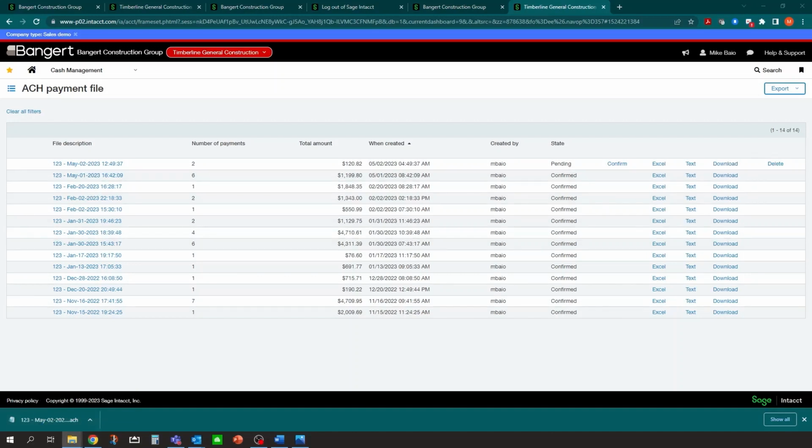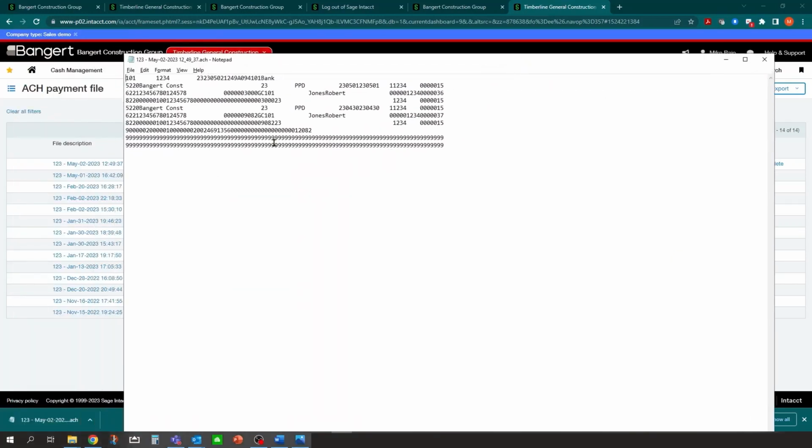Let's open it as a WordPad. And here's your ACH file, and it's all set up as, I believe, a balanced ACH file. There's your 2 transactions.